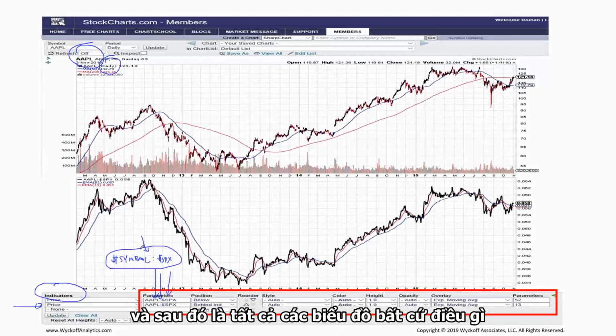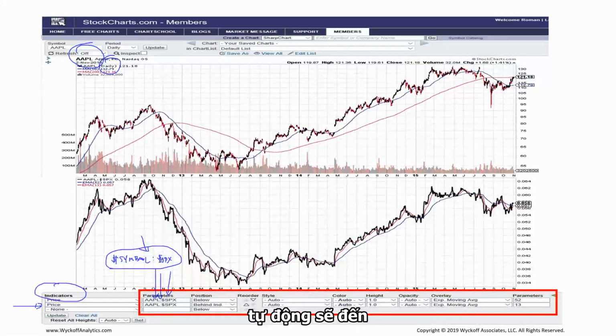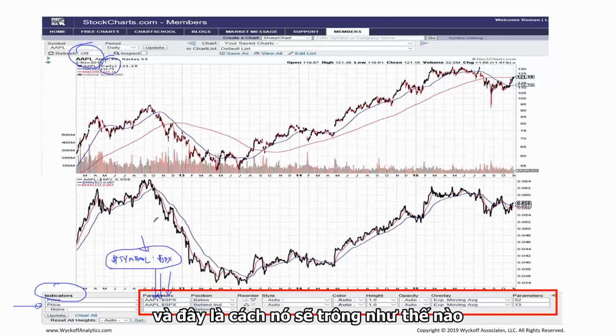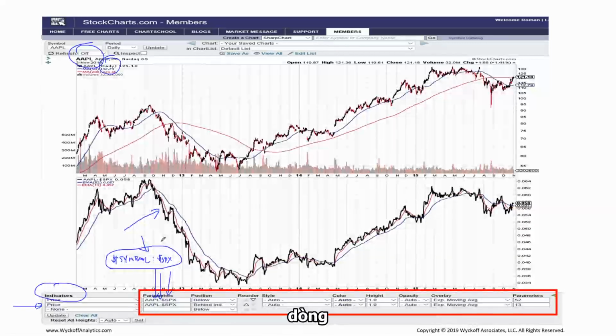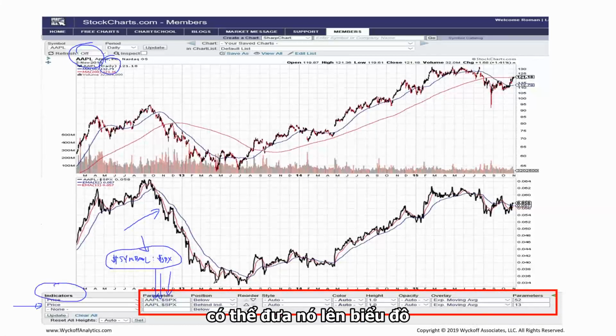And then all of the charts, whatever symbol I'm going to enter there, automatically is going to create the relative strength ratio price line for that symbol in the S&P. And this is how it's going to look. It's going to look like this black line. You could put this onto the chart, and then in the advanced